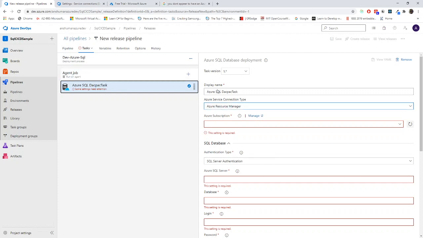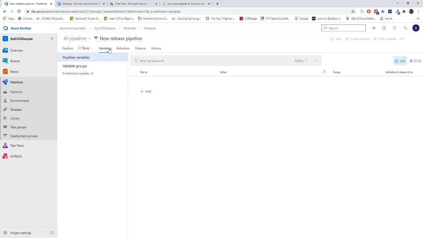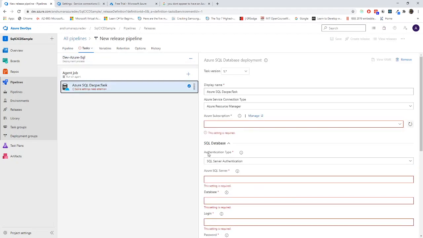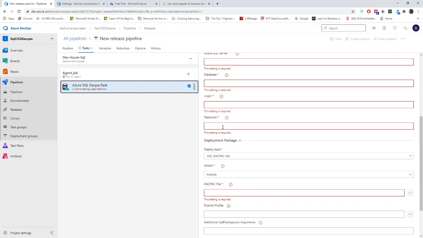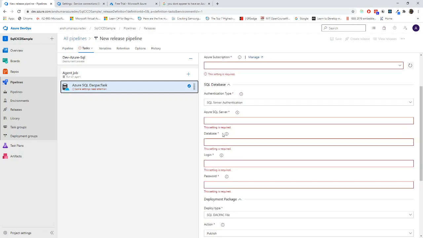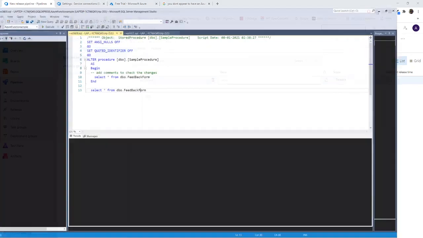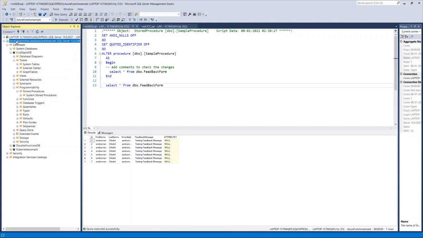For this release pipeline, we'll create the variables. What variables do we need? We need a SQL server name, database name, login name, and password. Now in variables, I will add SQL server. I'll write the value from my DB, that is my SQL server name.